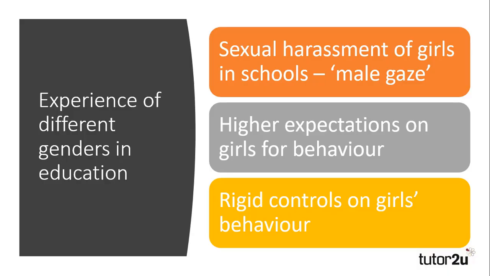Furthermore, there are higher expectations on girls for their behaviour than boys. As boys are often socialised into being loud and boisterous, this behaviour is sometimes not challenged from males, but would be challenged if it were displayed by a female student because it goes against their gender role. Feminists would also suggest that girls are subject to stricter controls than boys, and often take the blame for boys' behaviours. Girls are often sent home if their appearance distracts boys, sending the message to girls that their education is less important than that of their male peers.